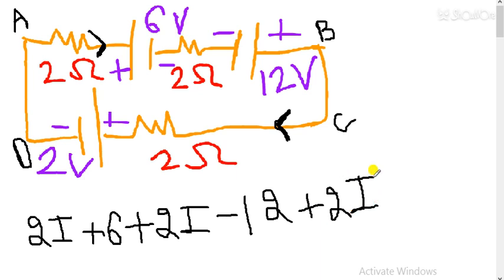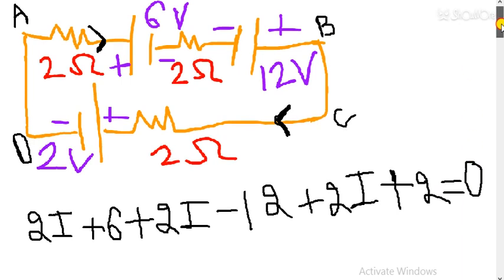This is the simplest question that I have taken, so that you can understand the concept. If you have any doubts, then we are moving from positive to negative, students. This is again plus 2, and to close the path we move to A. No further battery, no further resistance. So this is the equation of Kirchhoff's voltage law in this closed path.